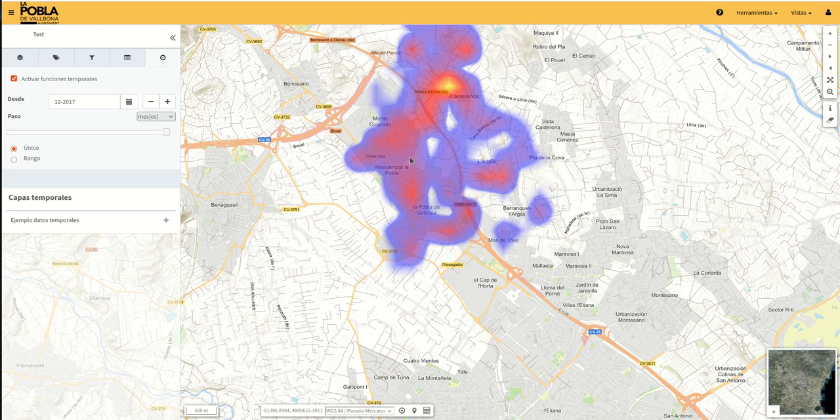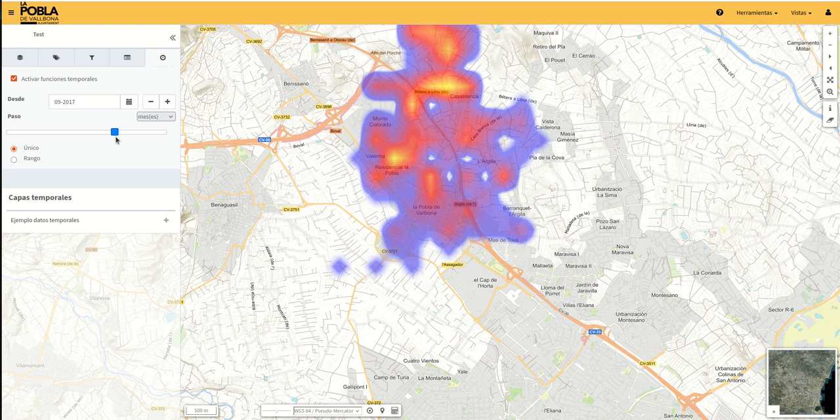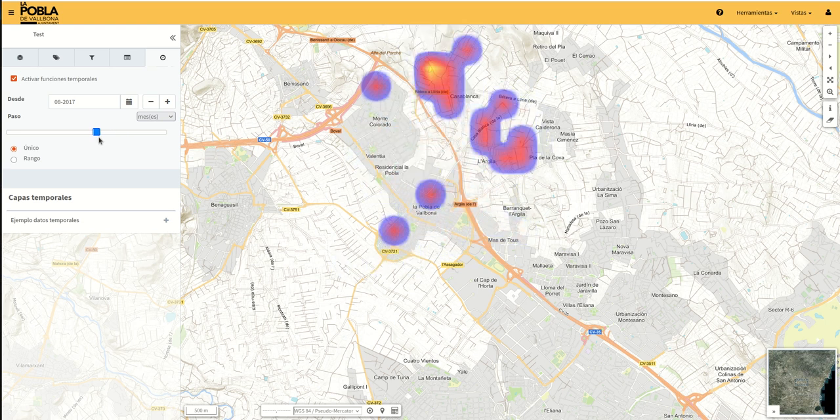For example, we can see here when there are more crimes in this area, and we can change, for example, to the different months to see when there are more crimes. Okay, so we can use this type of legend, the heatmap legend, with a temporary date option, depending on the layer. So it's a very interesting tool that has been included in